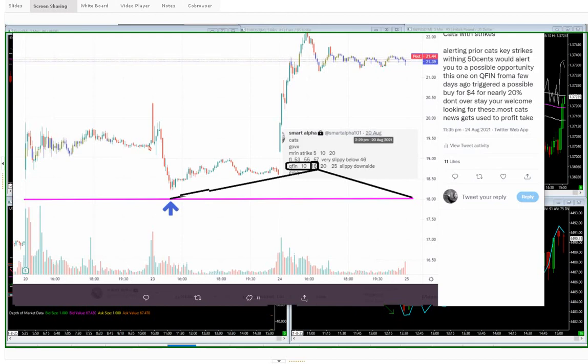We can already recognize the cat move in the background here. You can see this is on the 20th of August, and this is the break to the left-hand side on earnings. The cat stock opens gap up and it has a very strong buy-side response. That's good news. This is the kind of cat stock that I really quite like. Now the interesting thing is that it's got a slippy downside, and we've given you some slippy levels, like the 20 price level is slippy,